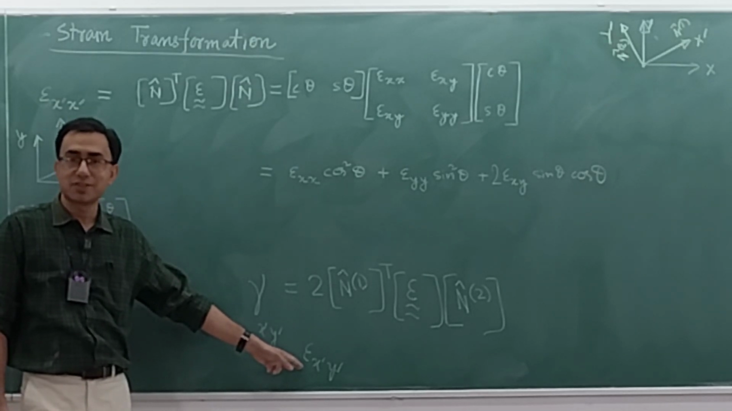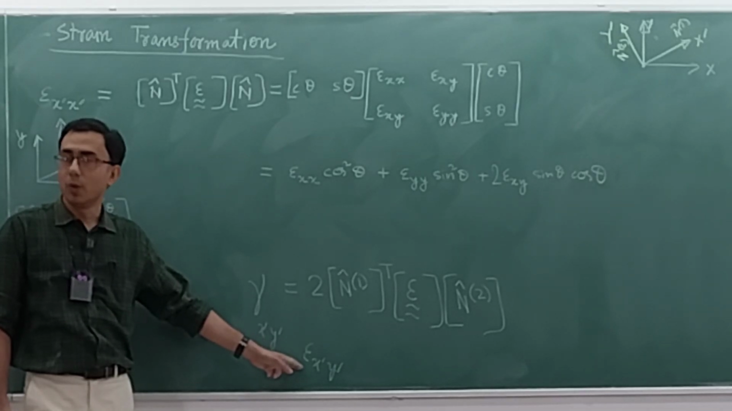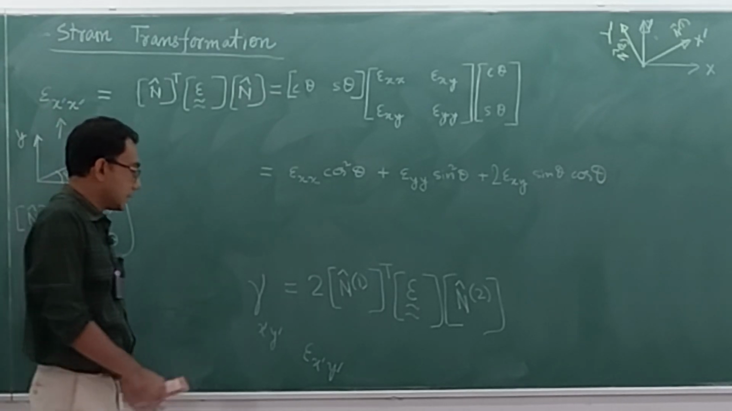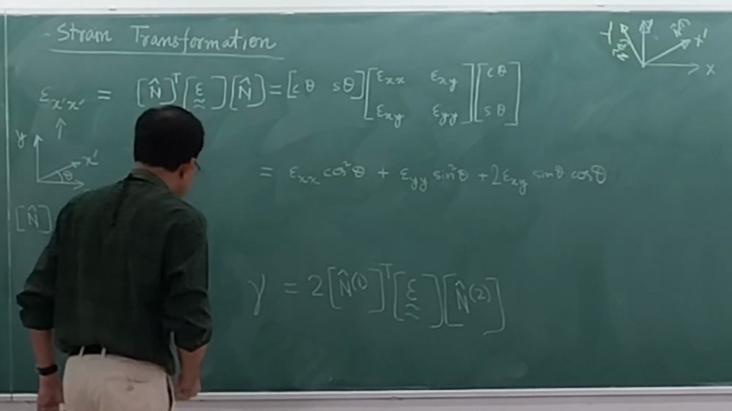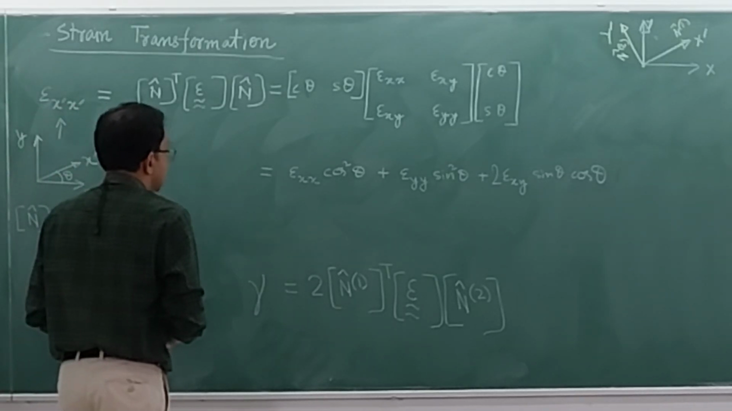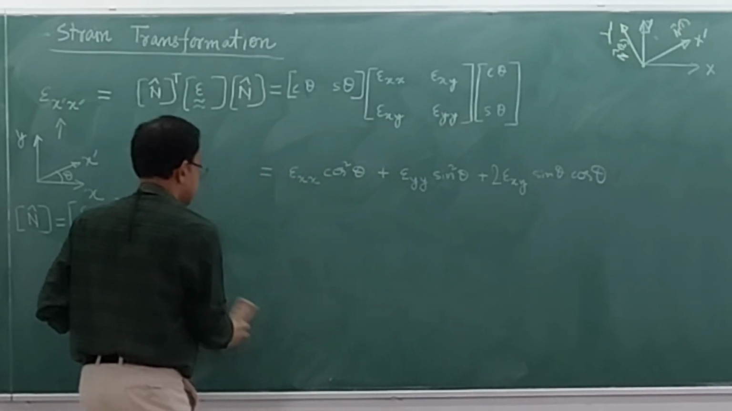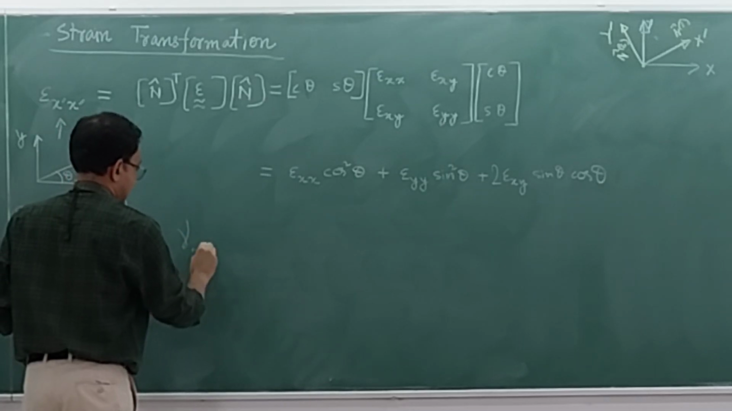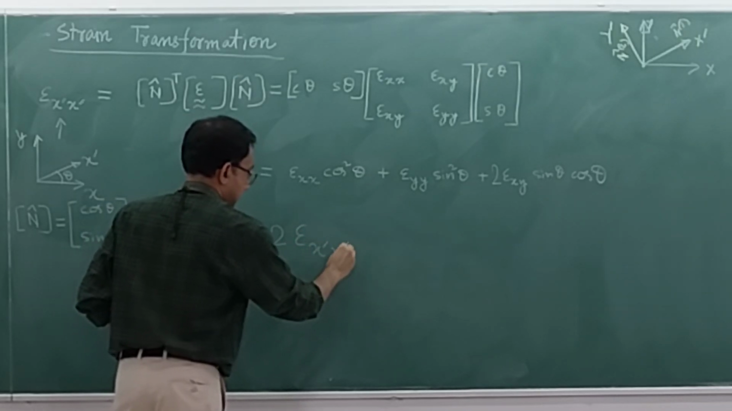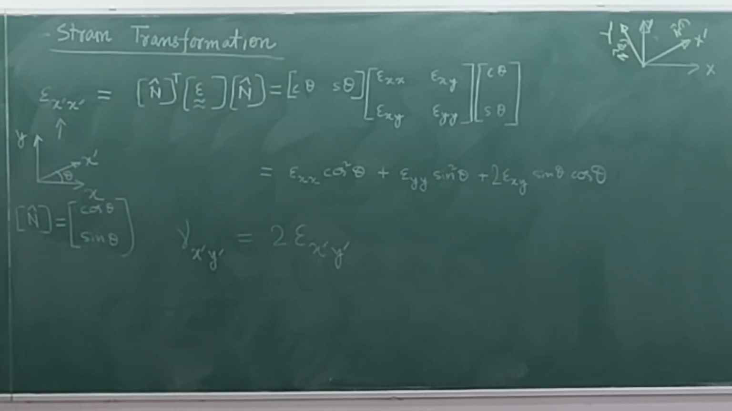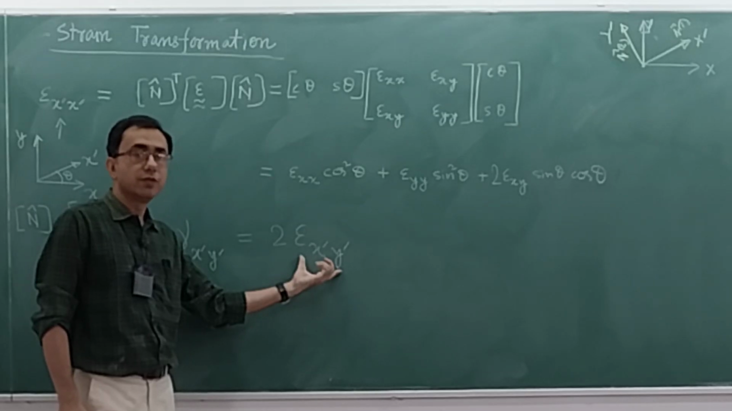It is not called the half of shear strain or something. It is also called the shear strain. So depending on the context, you have to figure out who is meaning what. But the actual thing which you have to understand is that the gamma is twice of this thing, which means that this version, the epsilon x dash y dash, this version of the shear strain,